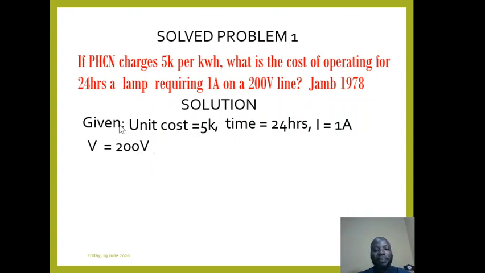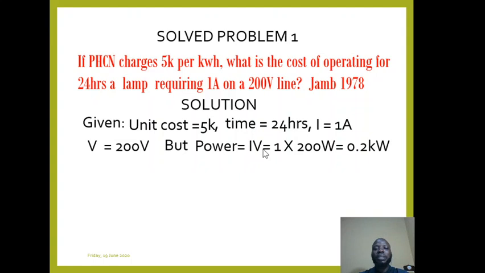Now, based on the formula that I mentioned before, unit cost is known, time is known, but we don't know the value for power. But based on the parameters given to us here, we can calculate the value of power in this question. And how am I going to calculate the value of power? Remember, power is the same thing as electrical current multiplied by potential difference. My electrical current in the question is 1 ampere, while the voltage or potential difference is given as 200. So automatically I can calculate this: power equals 1 times 200, which will give me